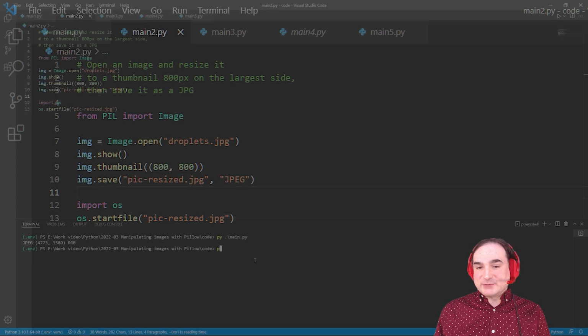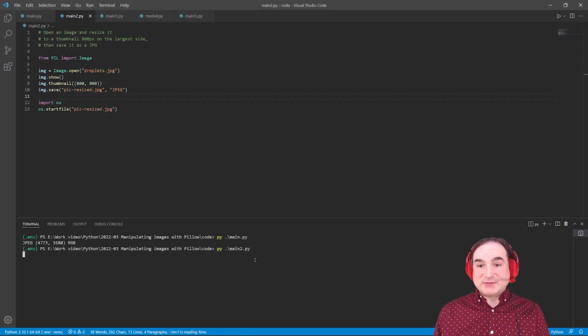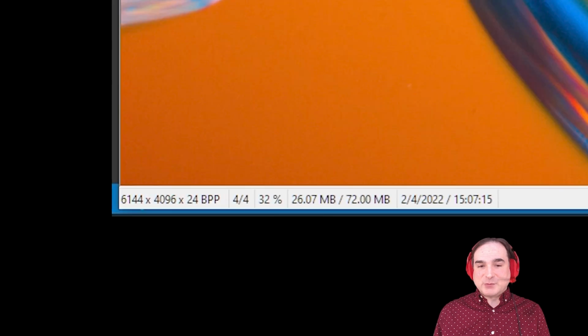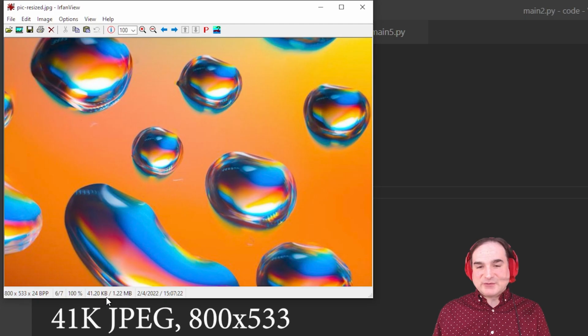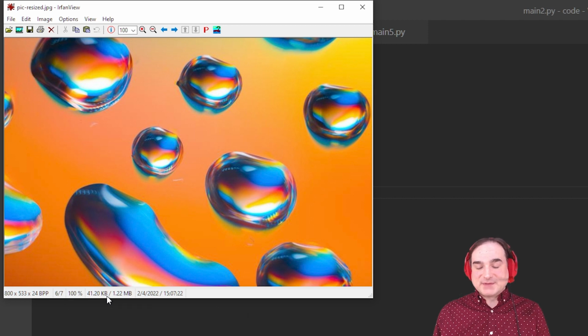The original image we're working with, by the way, is huge. It's several thousand pixels on the side. That's nice if we're working with print, but it's really unwieldy if we want to put this in a web page. Once it's resized and saved, though, you can see from the image properties here that it is a good deal smaller in both its image and file size.